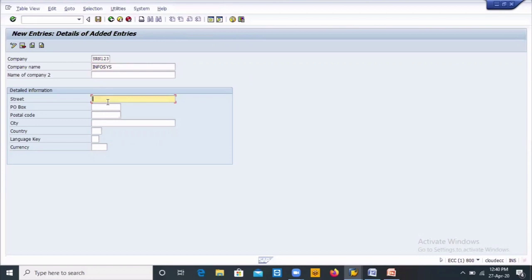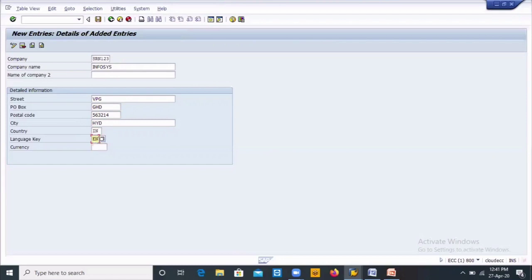And for street, you can type anything. I may type the post box in 6 digits, and the postal code. City is HYD, Hyderabad, and country is India.